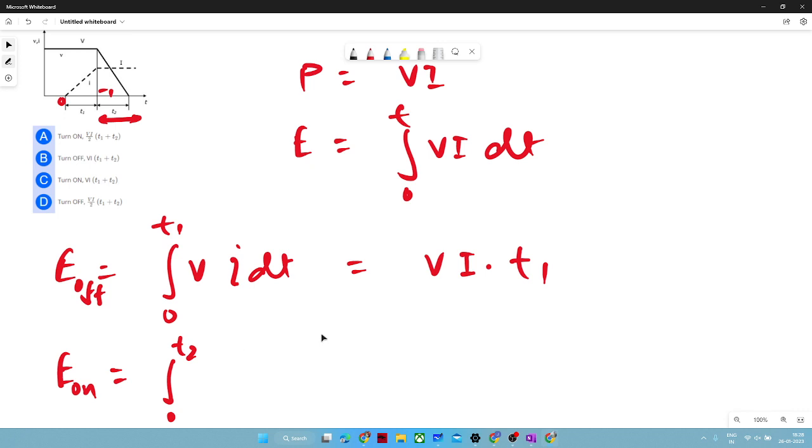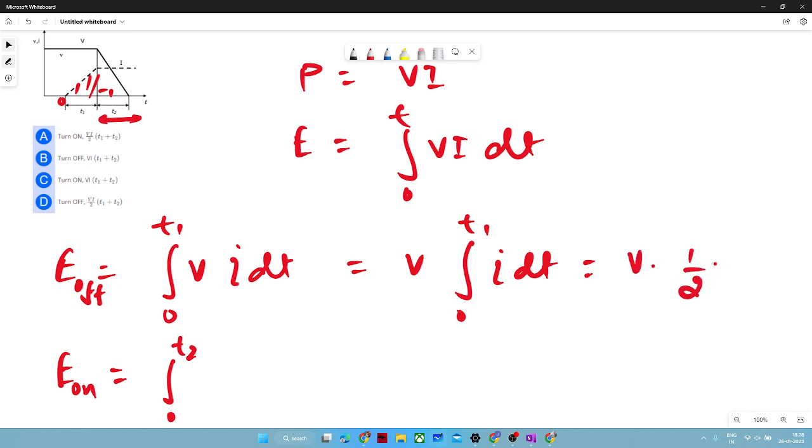So basically, we cannot write it straight away as I dt as I into T1. So what would be preferable here? I dt is nothing but the area of this curve, right? So we can calculate its area. We will take V from 0 to T1 into I dt, and the area is the area of a triangle. So half into I into T1. So it will be Vi into T1 by 2,